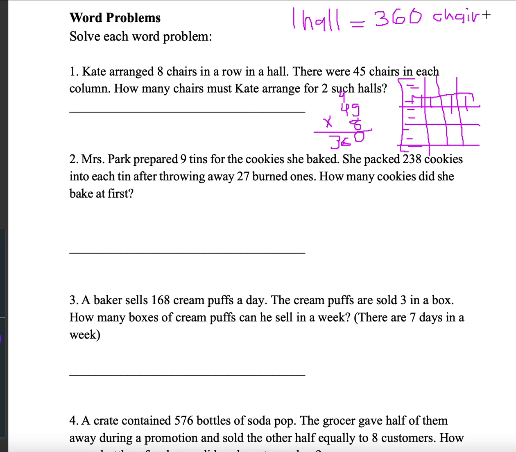But now we want to find how many chairs there are for 2 halls. So now that we found that one hall has 360 chairs, we just need to multiply it by 2, so we will know how many chairs we need for 2 halls. So 360 times 2. So 0 times 2 is 0. 6 times 2 is 12. We can add that carrying here. 3 times 2 is 6. 6 plus 1 is 7. So for 2 halls, there are 720